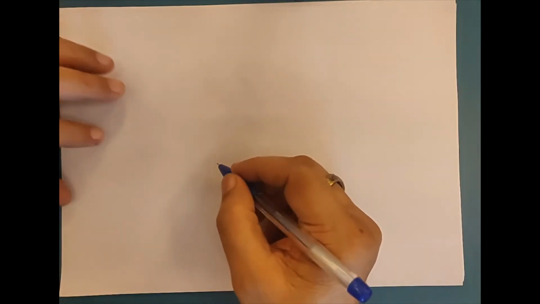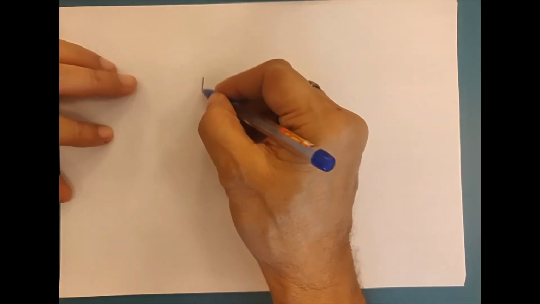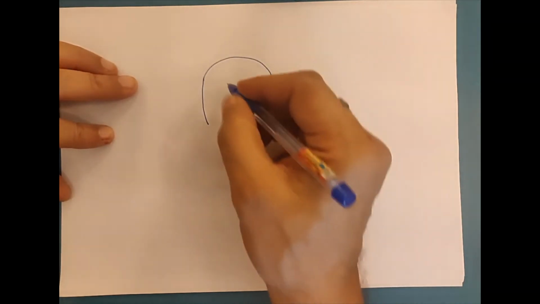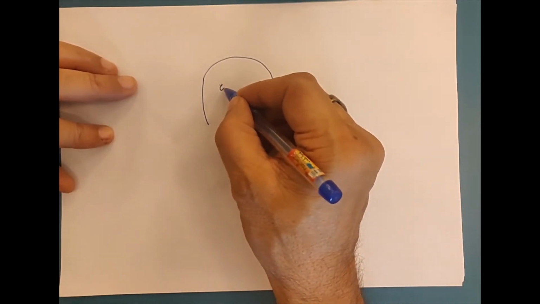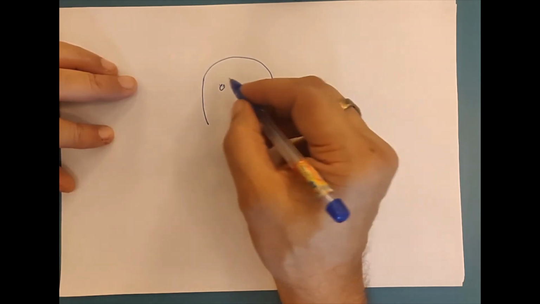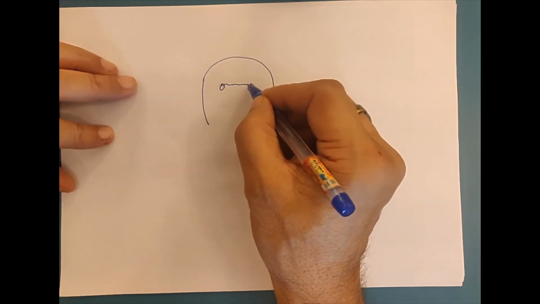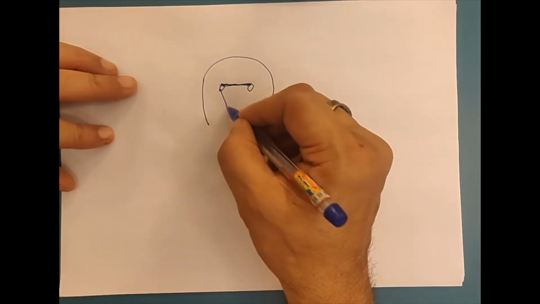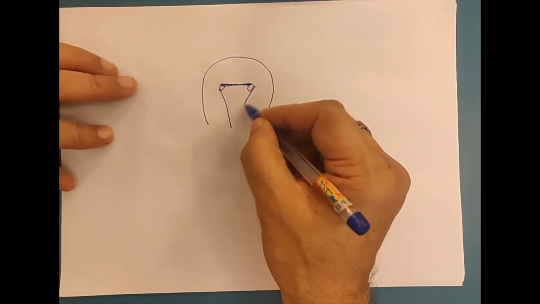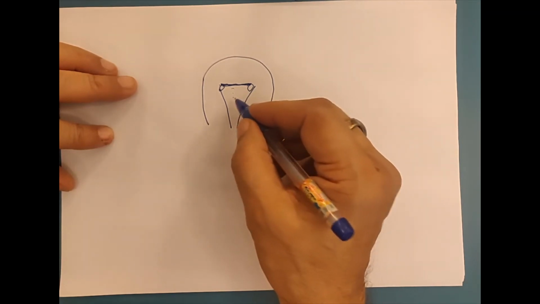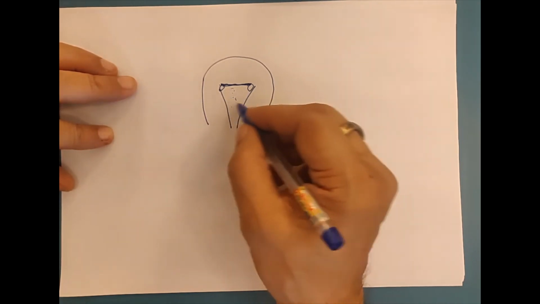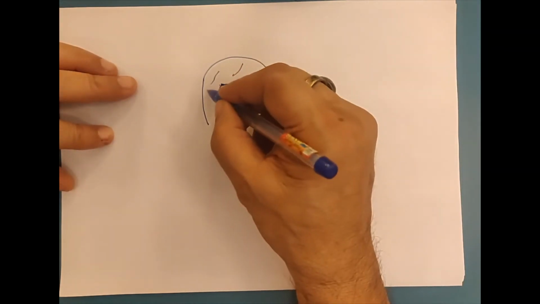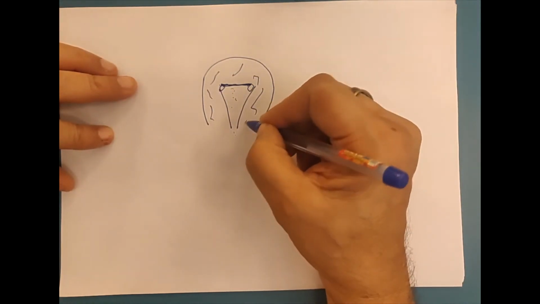Then we will deal with the inner anatomy of the bladder. The bladder is like this. There are the two ureteric openings like this. This is called the interureteric crest. It comes down. This is called the trigone. Here the mucosa is absolutely smooth, and here outside the trigone the mucosa is rugosed.